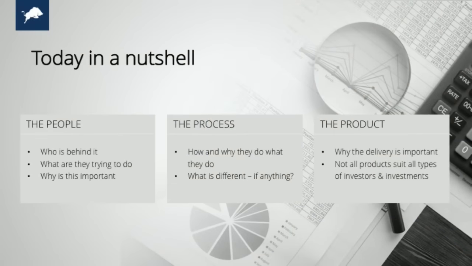So what we're going to go through today are the key components of what I look for to break down this big number. In a nutshell, in this next slide here, we've got the people, the process, and the product. I really do want to know who's behind it. I then want to see how they do what they do, how they make money for you, and then I want to know how it's delivered. And that could, in some instances, be the most important factor in making an investment decision for yourself. So in my own mind, I call them the 3 Ps: the people, the process, and the product.